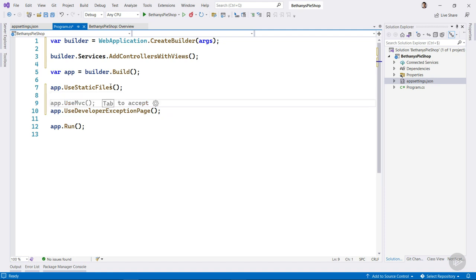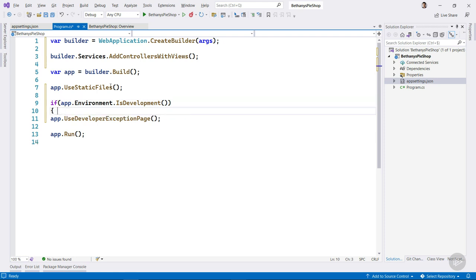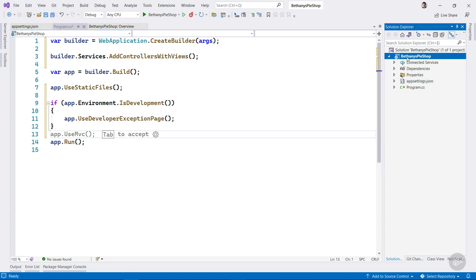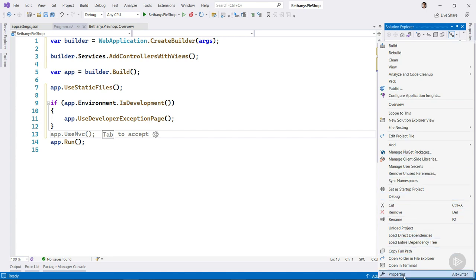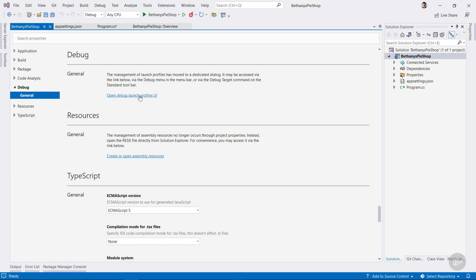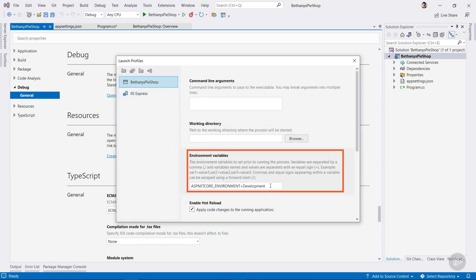We can in fact surround this with an if statement. I can check if the application is currently running in development mode, in the development environment, I should say. And if that is the case, then I'm going to use that developer exception page. If you're running in another environment, then we shouldn't display this page. We can see in which environment we currently are by going to the properties of our application. If we go to Properties, Debug, and we click on this Open Debug Launch Profiles UI here, then we indeed see that our application currently is in the development environment. There's a known environment variable called ASPNETCORE_ENVIRONMENT that we can use to change that to, for example, production